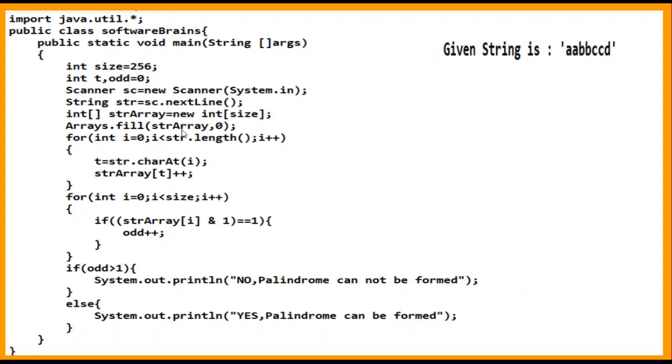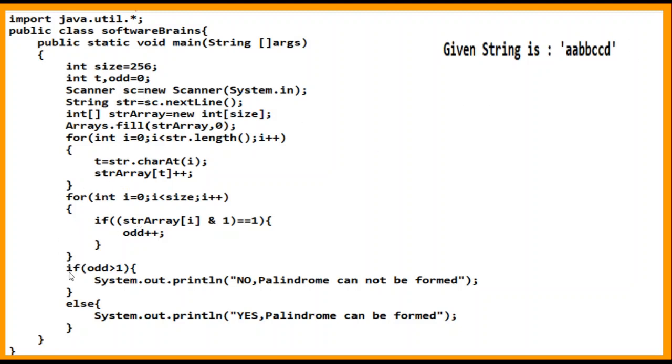So you would be checking the whole array. Since our string has only one such character, our odd value will increment only one time. If we have another character, G, with a count of only 1, then our odd count would be incremented for G also. So odd would become 2.